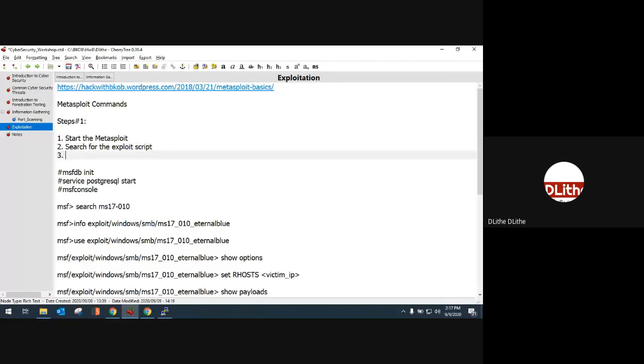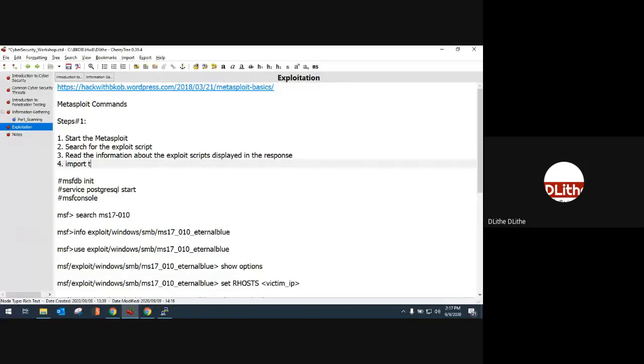Once you search for the exploit script, you will read the information about the exploit scripts displayed in the response. Right. And later you will import the compatible script which matches your vulnerability scenario or your victim's computer.